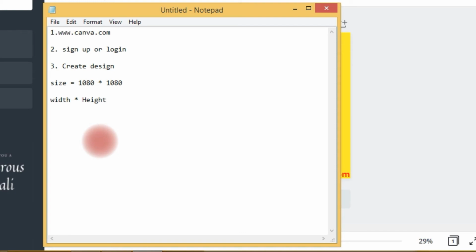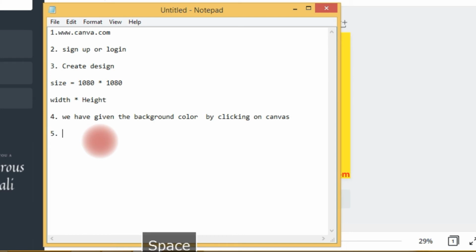Then we gave the background color by clicking on the canvas. Then the fourth step, add a heading from the text option at the left hand side.